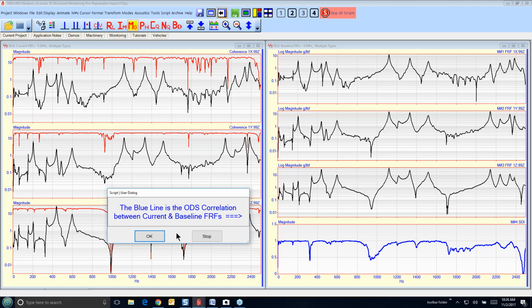So that's what we're doing here to automate the process, and then of course we can come back in a monitoring program and do this, import data from, let's say, a portable collector, and do this type of verification that our data is repeatable.